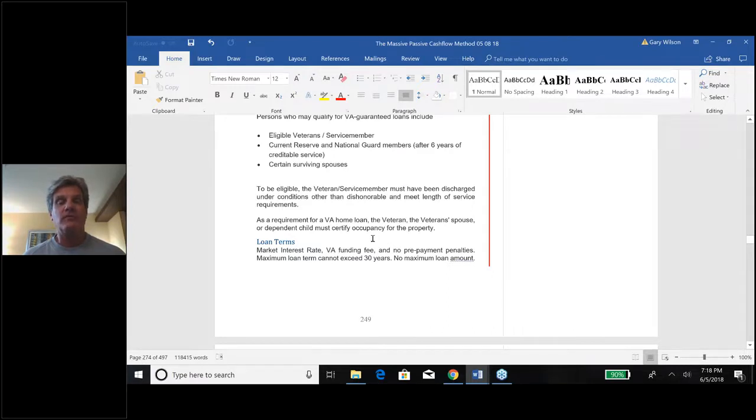And you also have to certify that you're living in the property. Again, it can have a number of units in it, up to 4 units typically. You just have to live in one of those units. But again, the trick is to use VA to purchase the property, and a year or two later, refinance it with a non-VA mortgage, freeing up your VA eligibility. So I just want to let that sink in for a second and see if we have any questions, because this is probably a very popular one. And they'll finance, by the way, up to 30 years, just like FHA.